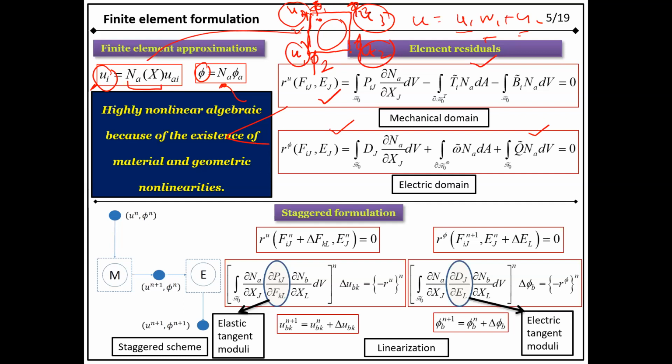Let's say at this point it is phi 1, at this point phi 2, this point phi 3, and this point phi 4. And how can we evaluate the potential at this point? What will be the phi value at this point? That can also be evaluated by using such an approximation. So now we can say that these are the nonlinear equations, and how can we solve them?